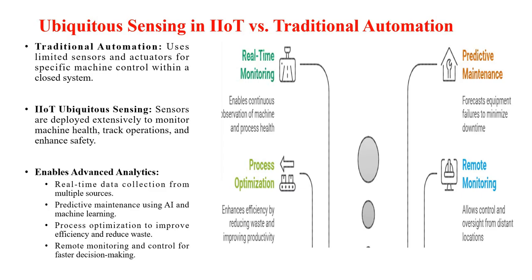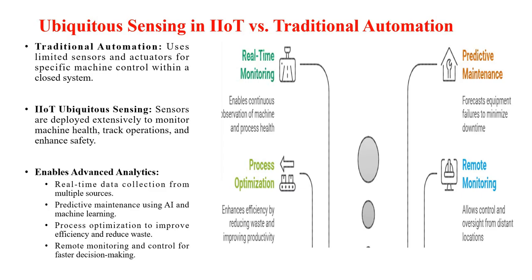So here ubiquitous sensing will enable advanced analytics by collecting data at scale, that is, a vast network of sensors will gather real-time data from multiple sources. And you have predictive maintenance, where artificial intelligence and machine learning will analyze the sensor data in order to predict the failures before they occur. And the next point is the process optimization,